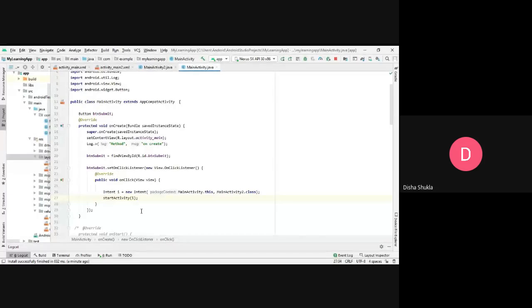In an explicit intent, you mention the name of the activity that you want to go to. Besides that, if you want to open a web view, or a camera app, or the contacts stored in your phone, you can use an intent, and those intents are called implicit intents. In it, you are supposed to provide the URI of the place that you want to go to, whether it is contacts or the gallery or anything. This is an important question with reference to the interviews that you will be facing. So keep that in mind.